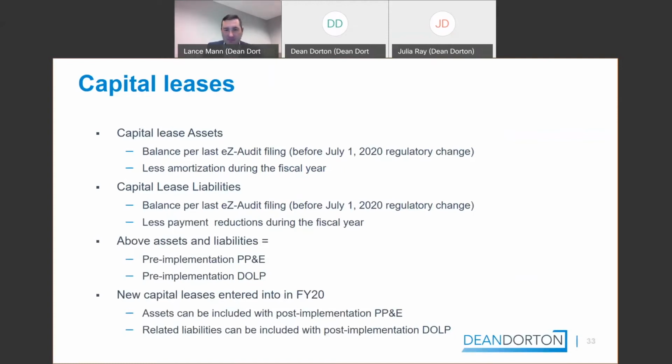Thank you. So if we were in person, I would have everybody raise their hand and say, who adopted the new capital lease standard last year? My gut says I might get one person raising their hand, but I would bet nobody adopted it last year. So hopefully you're familiar with it, but there's a new rule out there. It's FASB ASC 842.